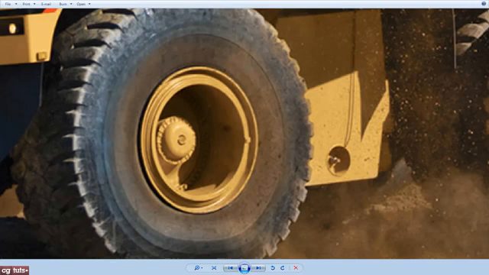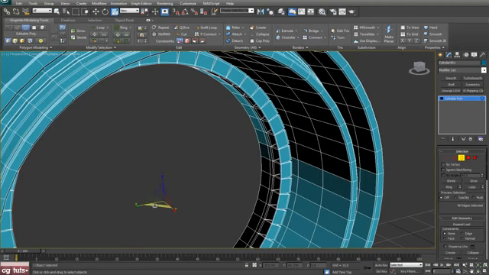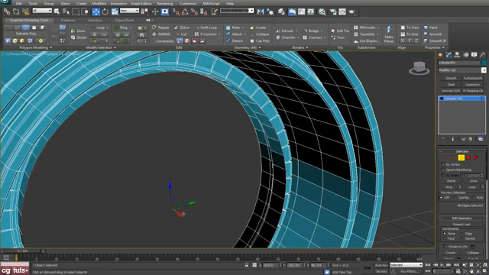Let's see what we have here. Okay, shift and scale, something like that, and shift and drag in, shift and scale, okay, and shift and drag,